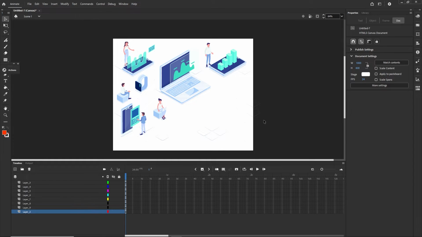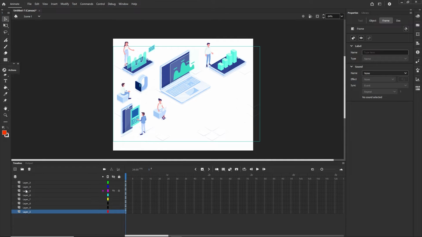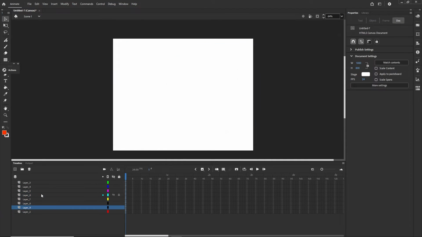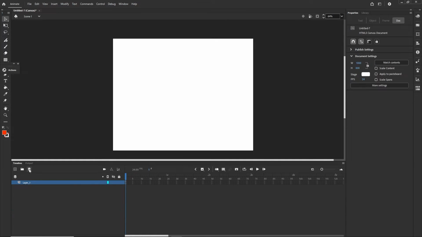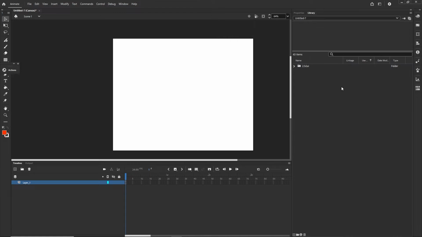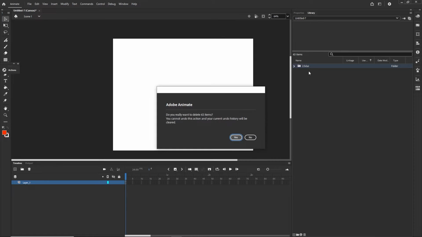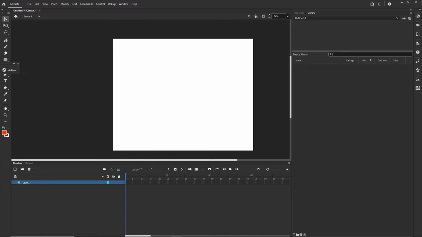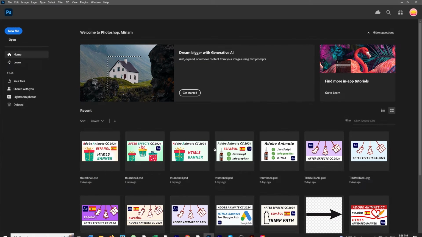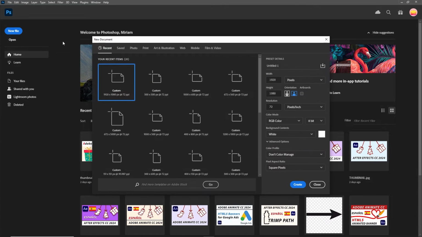So this is one option. You can definitely work like this if you want, but I am not going to be working this way, so I just wanted to show you. So I am going to delete this, and let me select it like so and delete this, and I will go also to the library, and I'm going to delete this from the library, and I'm going to click yes. What I'm going to do instead is I will go to the Photoshop, and I'm going to create